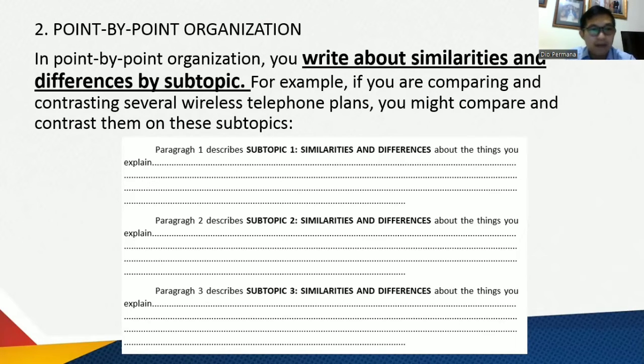That is in the first paragraph. Then in the second paragraph, you will try to explain maybe the price, the price of the installation, and what the differences and similarities are. So in this point by point organization, you will explain the similarities and differences in one paragraph, but it is divided into several subtopics. From any perspective, I think it is better for you